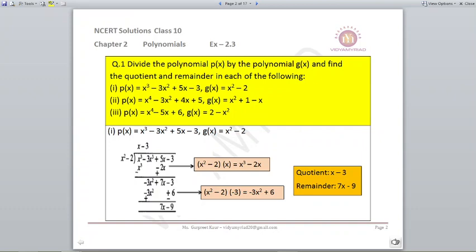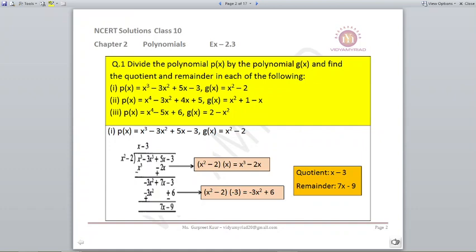Some of you must already be aware of it, you must have done it in your 9th standard. So we are just repeating it, and if you still have doubt you can mention it in the comment section or email me. The relevant video will also be posted, where the stepwise explanation for long division has been given. Those children who are finding it difficult can follow that, and they can understand it very well.